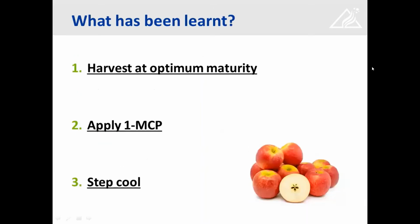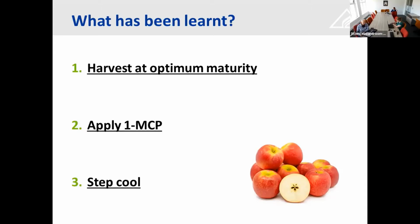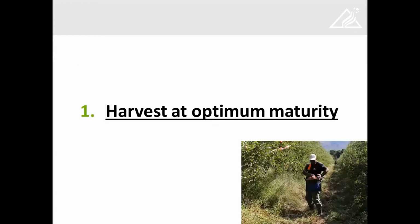So what has been learned? 3 basic principles, 3 factors that came to light after the 3 years of the study: to harvest at optimum maturity, to apply 1-MCP, and to step cool. I'll elaborate on each of these 3 factors in the following slides. So, to harvest at optimum maturity,